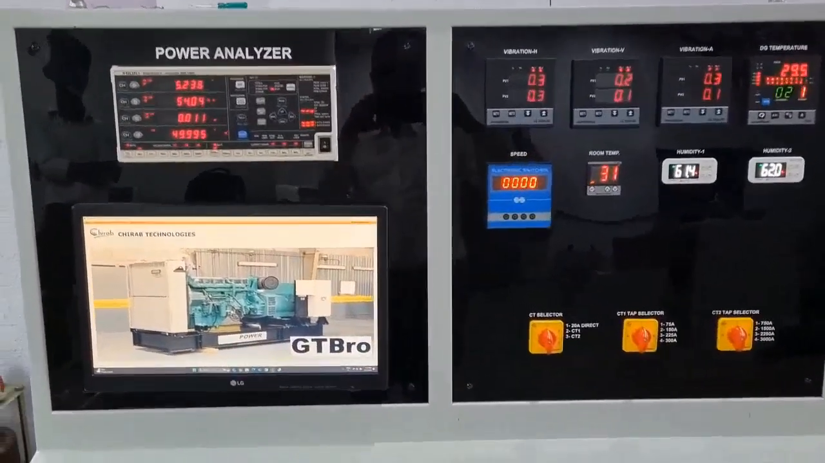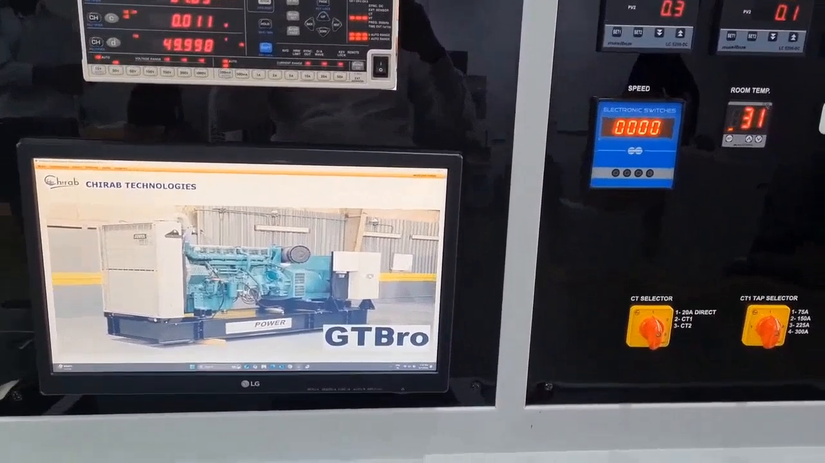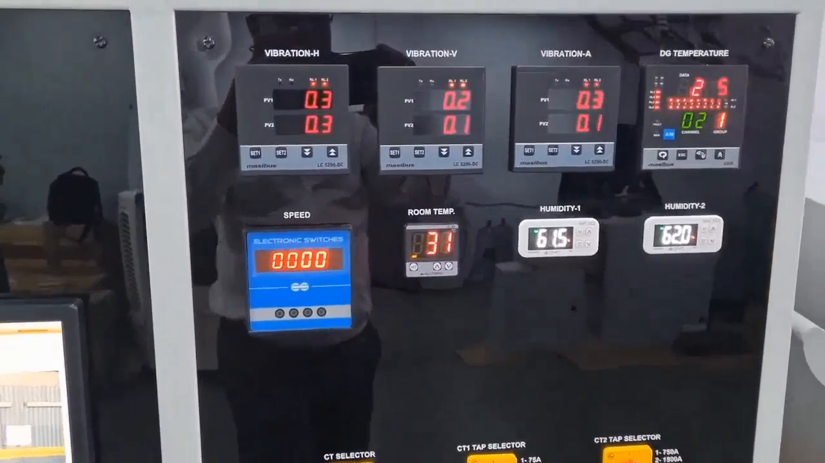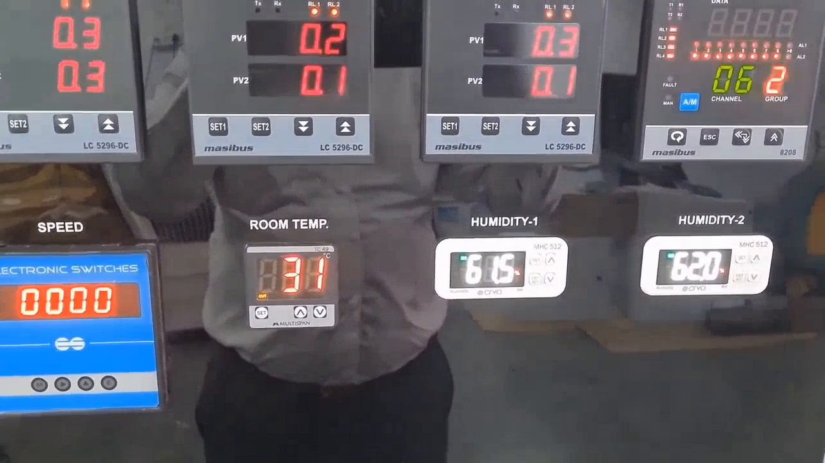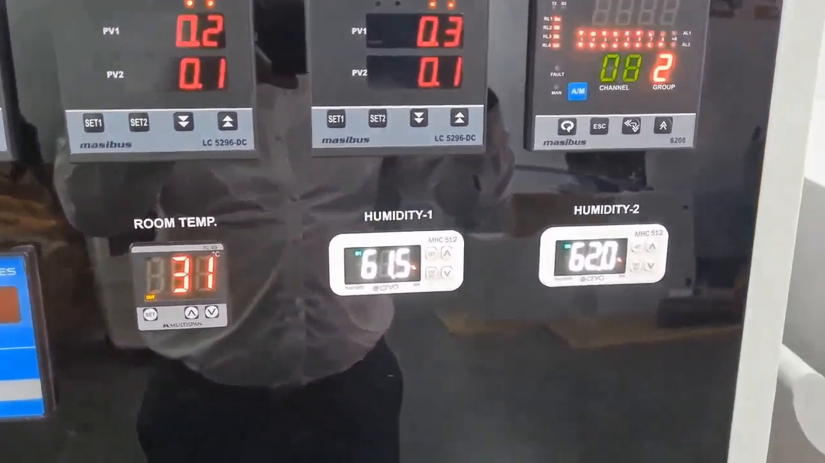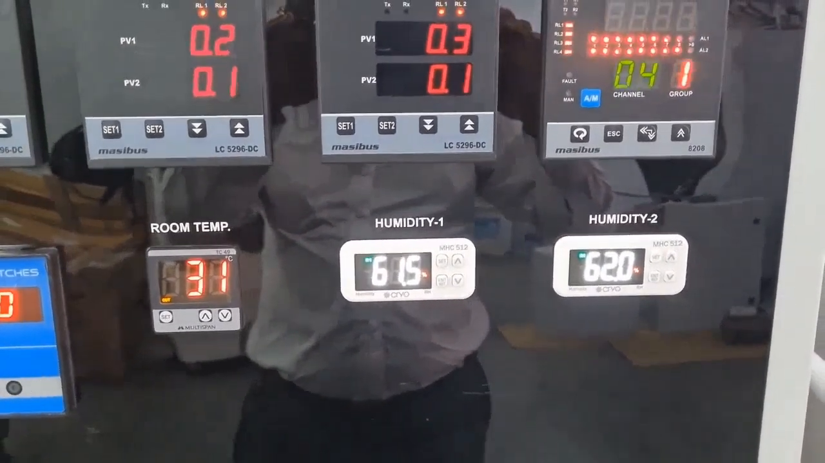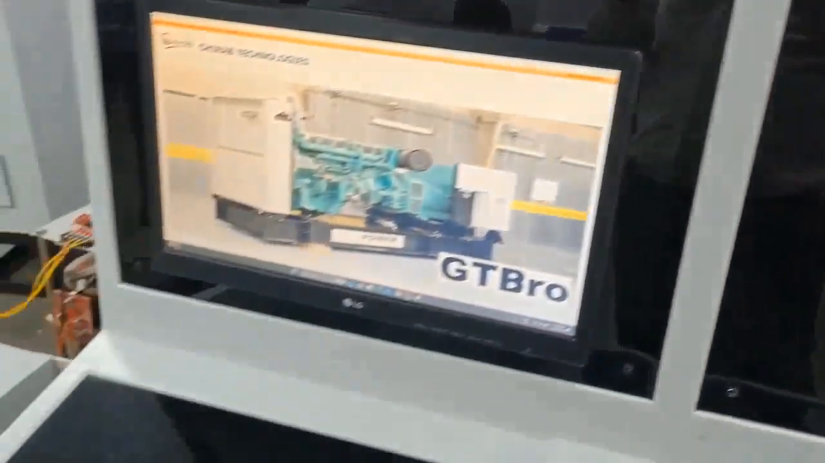Now on the screen you can see the GT Pro software, and then there are indicating meters. Among them is the room temperature. You can see it's currently at 31 degrees centigrade. The humidity indicators are there. You can set the humidity as well as the temperature, and it gets attained automatically with these